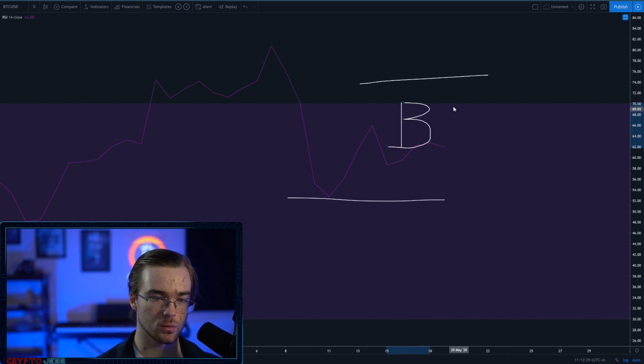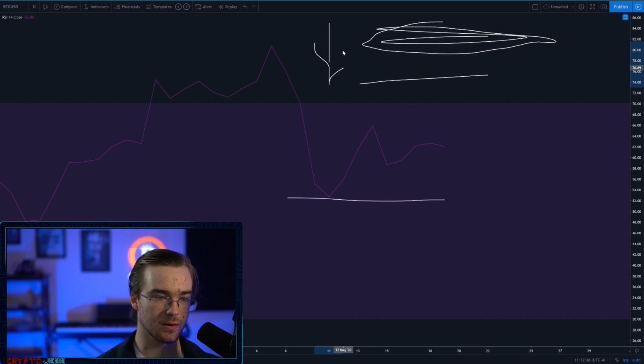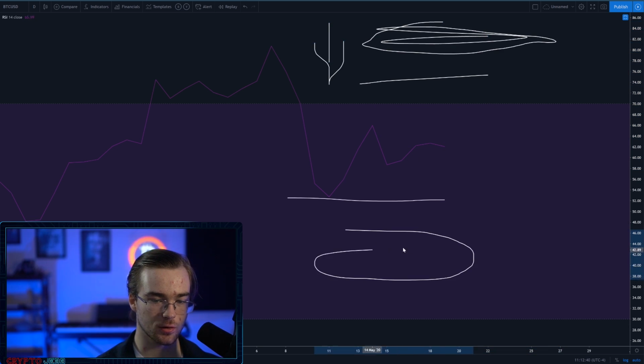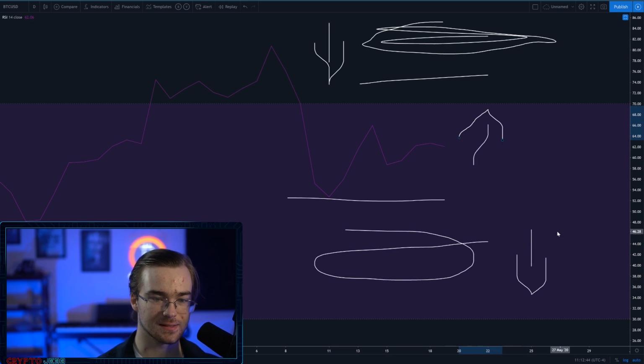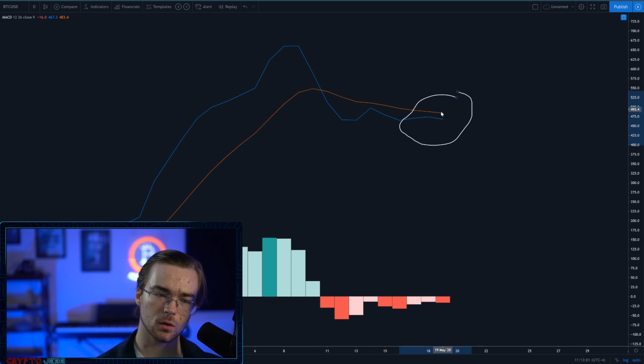This is where Bitcoin is going to be bullish. If Bitcoin's way up here in 85 territory, that's bearish. And if Bitcoin is way down here in like 30 and 40 territory, that's bearish too. But right here in this zone, that's bullish. Add on top of that the state that the MACD is in right now. As you can see, we haven't had a golden cross, and we're actually trending to the downside,